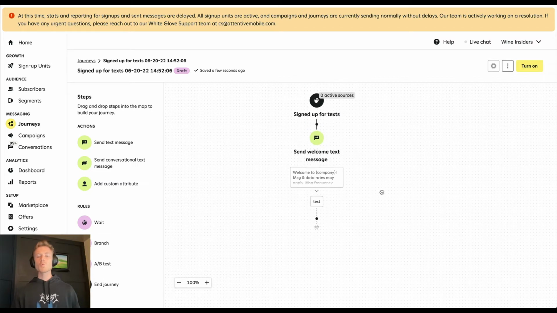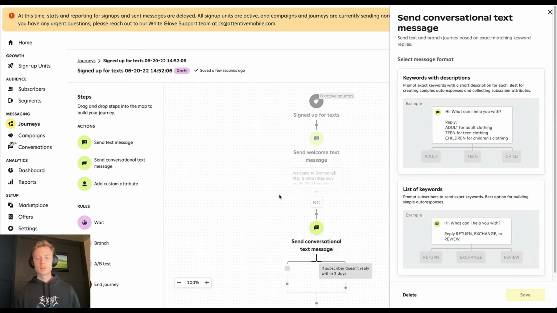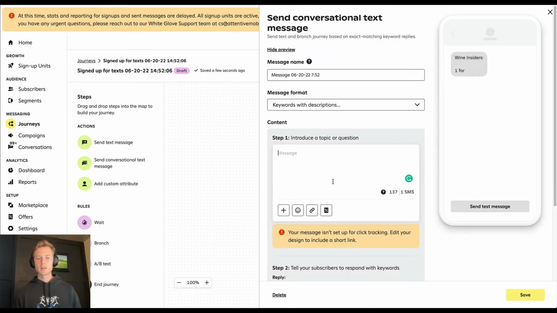Now, what I want to do here, this is a wine company. So I want to do a little bit of a wine quiz, so to speak. So that's what we're going to set up here. We're going to drag in here, and there's two different ways you can do this. There's keywords with descriptions, and there's a list of keywords. So I'll add in this,